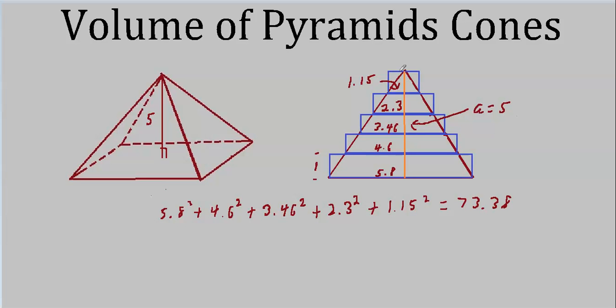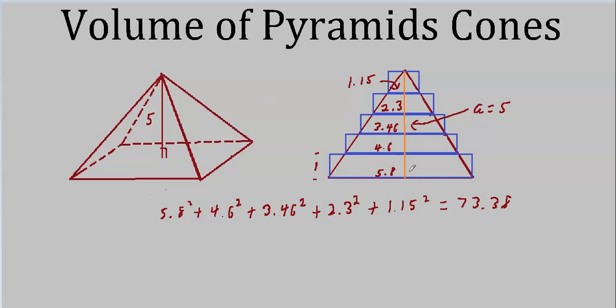For instance, suppose we have this pyramid here. Now let's look at it straight on from the side. What would we see? Well, we just see this triangle here, right? That's about all you'd see if you look at it just dead on from the side. And suppose we break this pyramid up into, let's say this is 5 feet. Just attach a unit to it. If the altitude is 5 feet, and we'll say this side here is 5.8 feet.